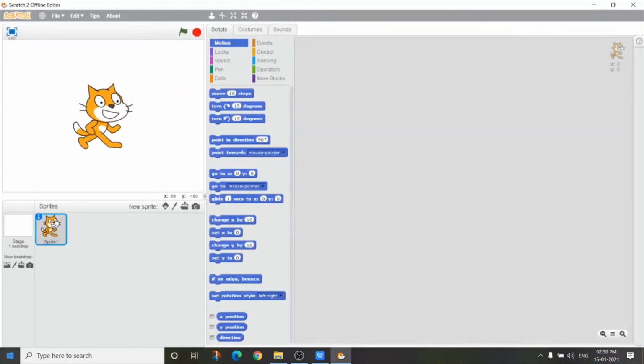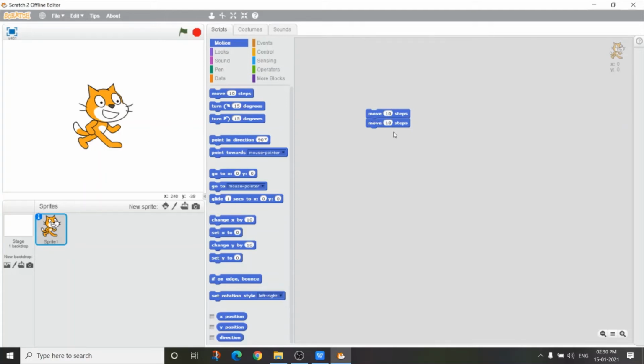The blocks represent various commands given to the sprites. When we drag a block to the script area, a white highlight indicates, see here is one white highlight. See here, this white highlight. So a white highlight indicates the valid position where we can drop the block and form a connection with another block.